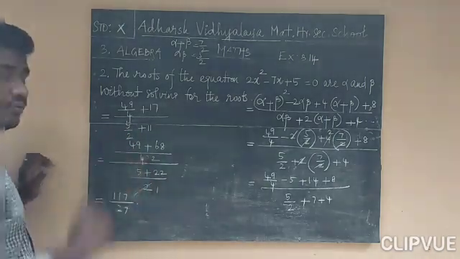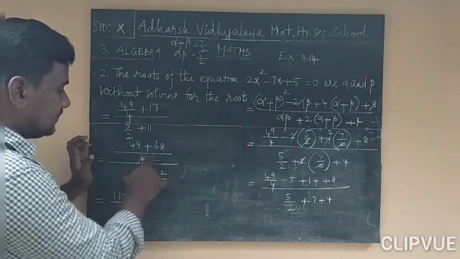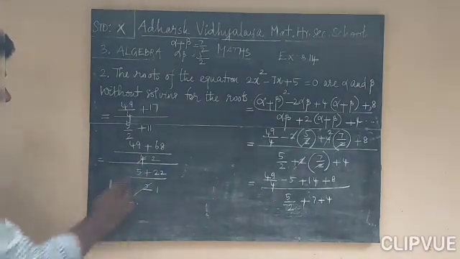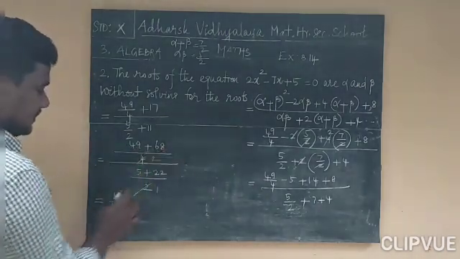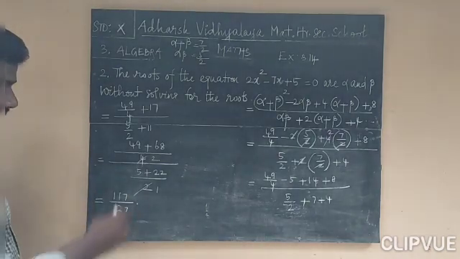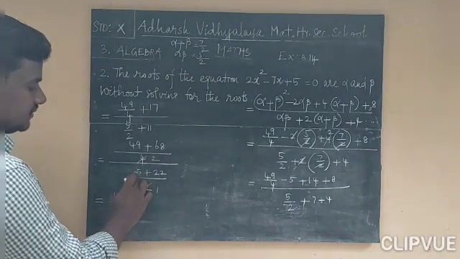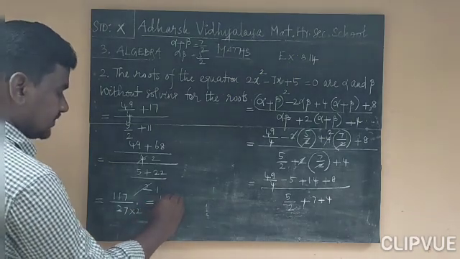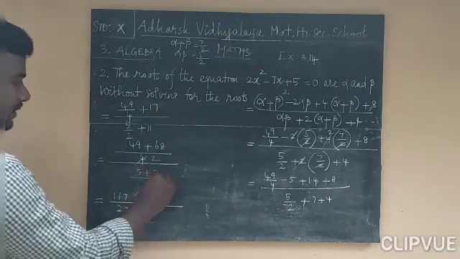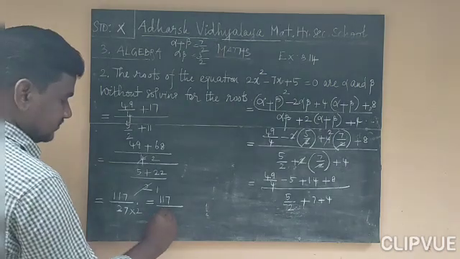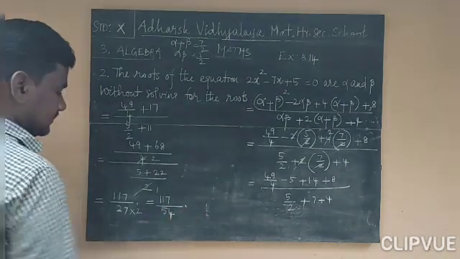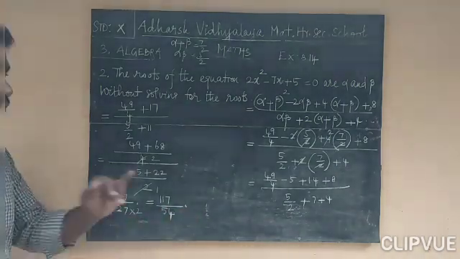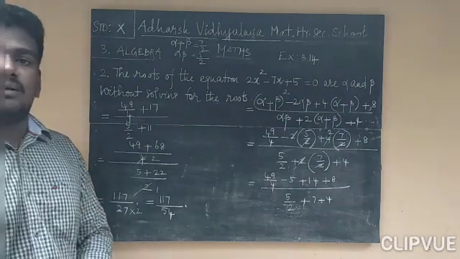This 2 and this 4 will be cancelled, you know that. One time, here 2 time. Right, so what do we have? So 49 plus 68 gives 117 divided by this 5 plus 22. Here denominator is 2. So 117 divided by 27 into 2 means 54. This is the answer. I hope you all understood today's concept.